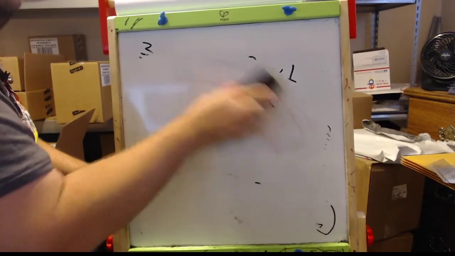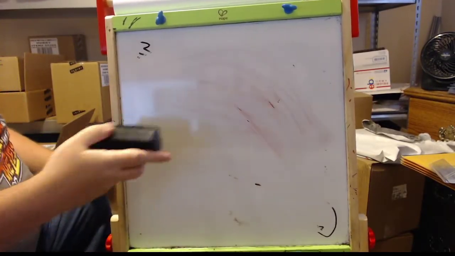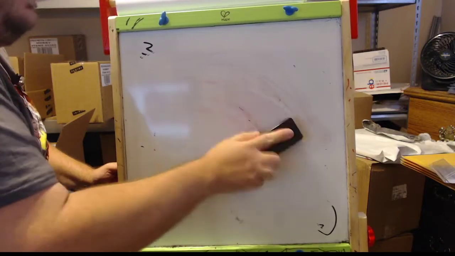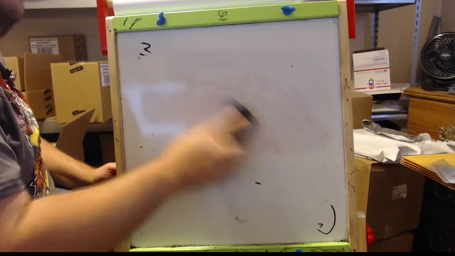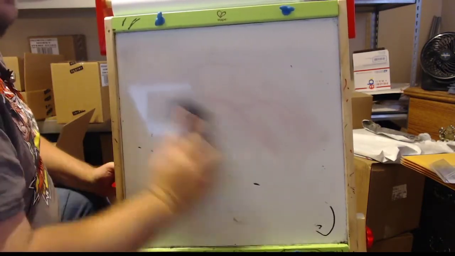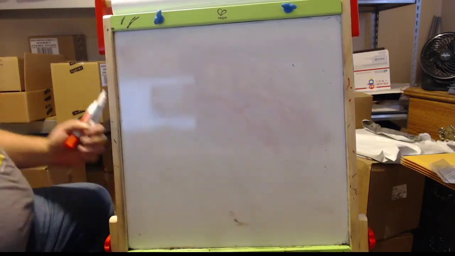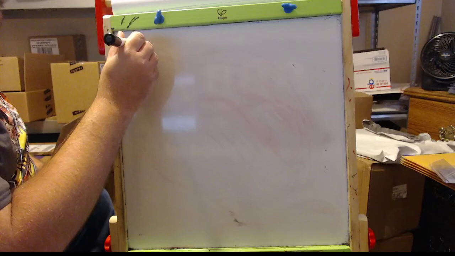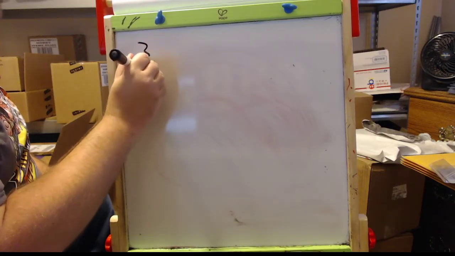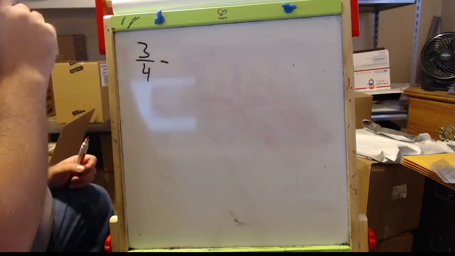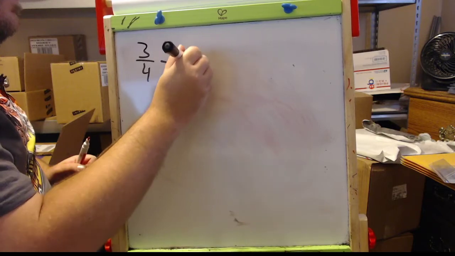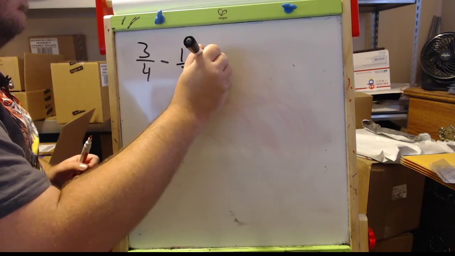All right, well, what if I had a problem like this then, Mr. Koval? Well, if I had a board that just did that. All right. Here's what we could do. If we had a problem that had something like 3/4 minus 1/2 times 2/3,